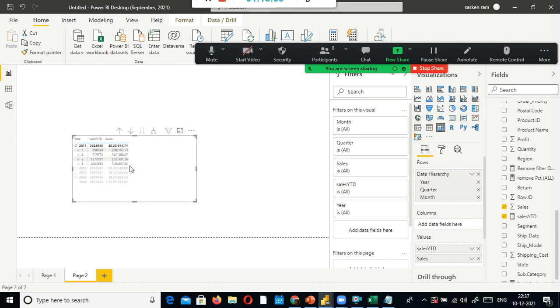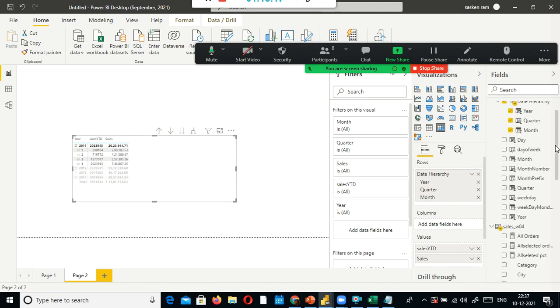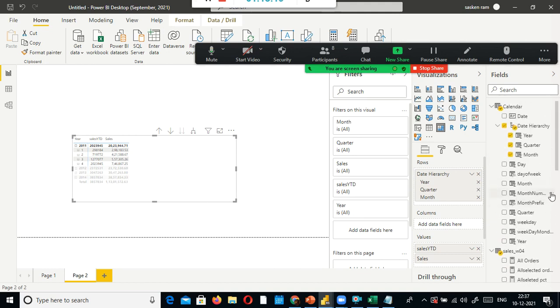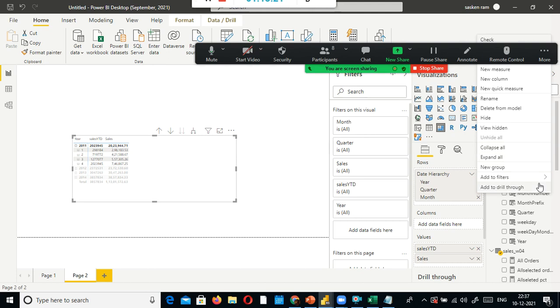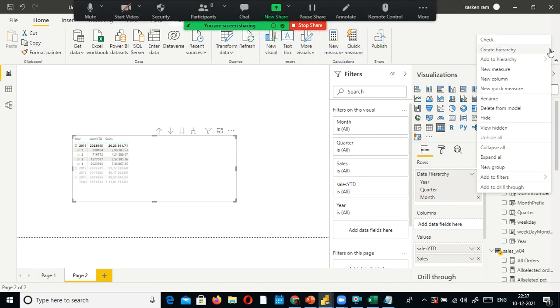let's do one thing. So the month, right? Instead of using month, what I do is month prefix. Better let me make this one part of the hierarchy, so that you can find out which month is related to which one.